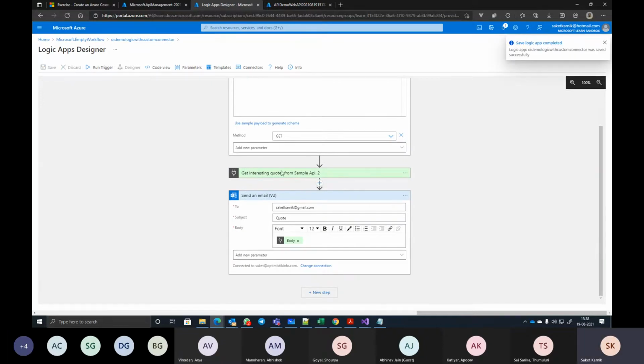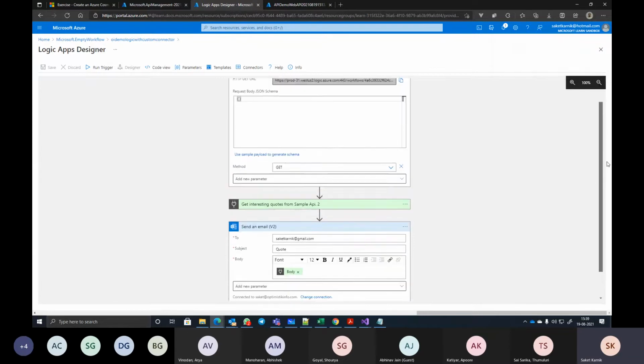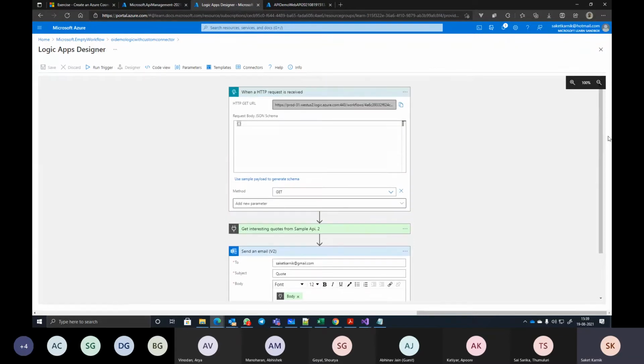The idea is whether we are able to use our API as a custom connector or not. Right? API might be doing some microservice action. It could be a function app also, which I might be looking to call here. Function app based on HTTP trigger. So custom connector can help me with that as well. Say run trigger.